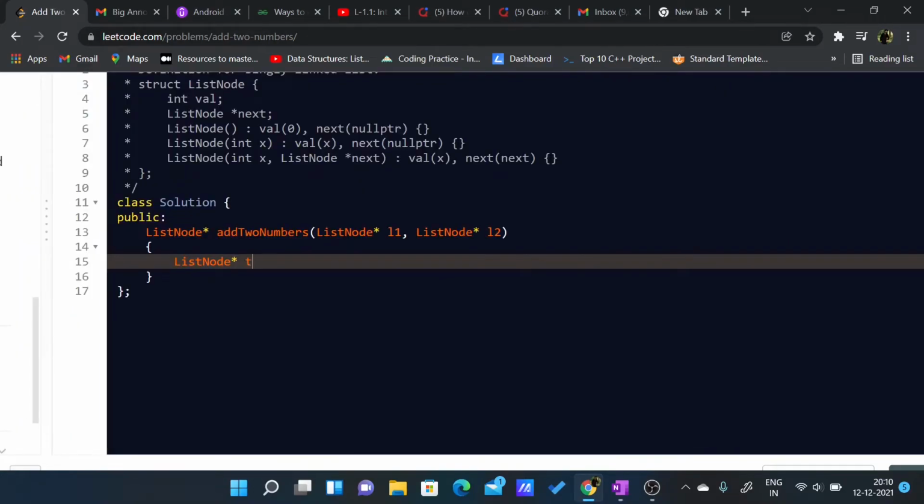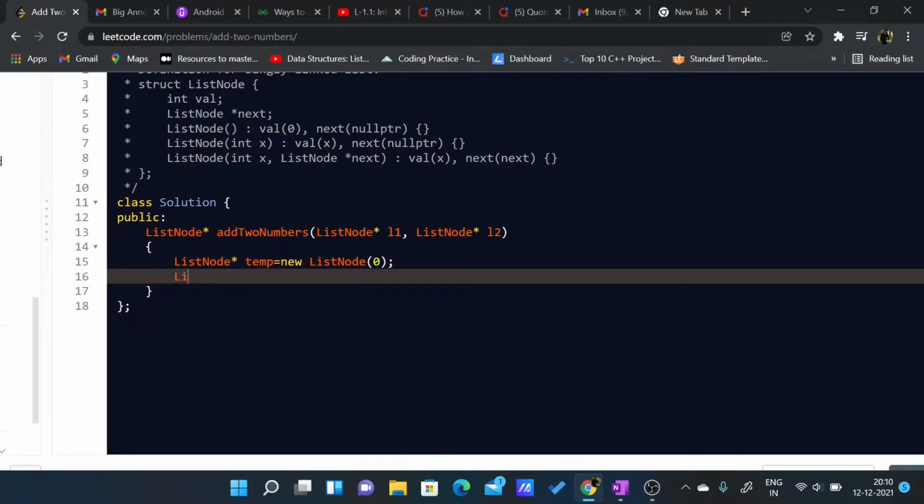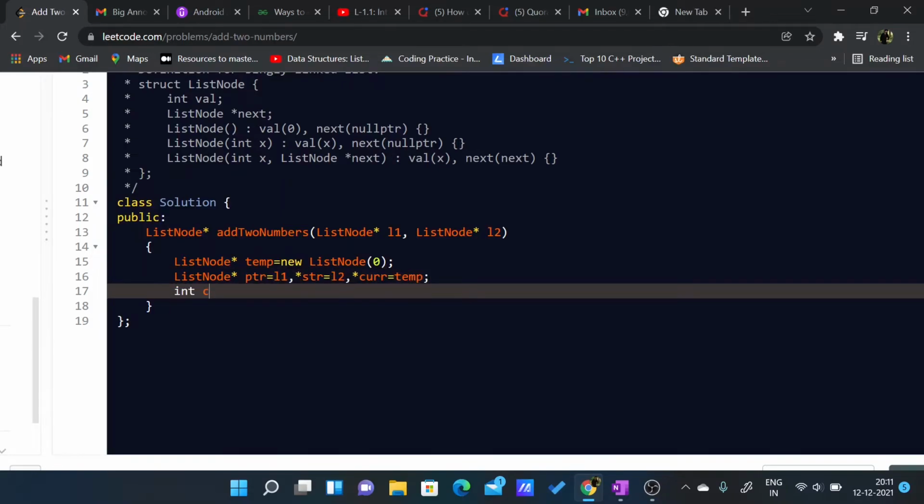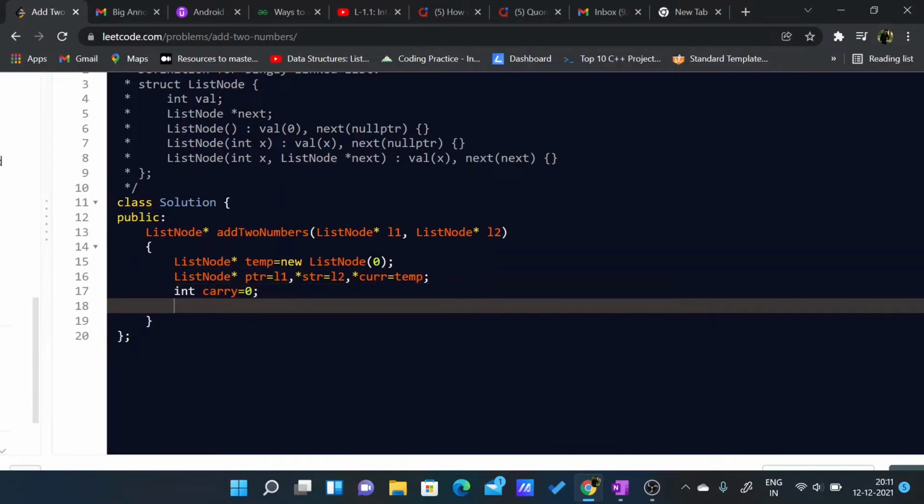We will take a temp is equal to new, we will create a new list, then we will take the pointer, I'll take ptr for L1 which will point to L1, and str which will point to L2, and I'll need another that will be current which will point to temp, and I also need a variable carry which I will initialize to 0.